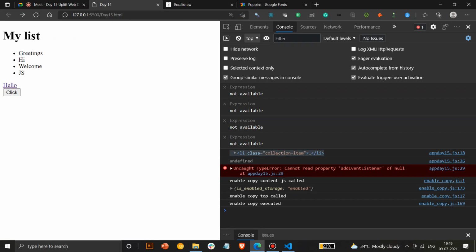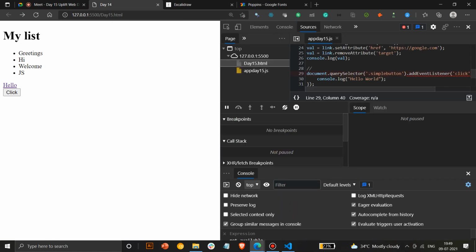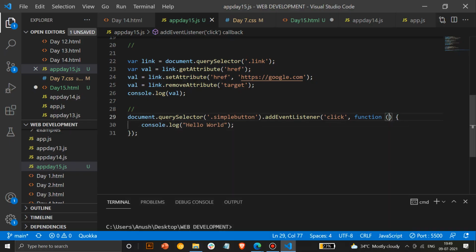If I console.log, it shows add event listener of null at something. It shows some error. We'll see what is wrong. What is the error? If anyone can guess, with functions there's a basic error which is present. It's a very basic error. Just try. Later we can give you gifts. Yes, this is a very basic error. I'll point out also where the error is. It's present somewhere in this block, so you can guess what it should be.